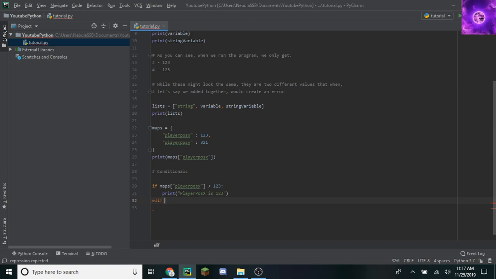So if that fails, then let's do if maps, player position Y is less than 500, because that's true, print less than 500.